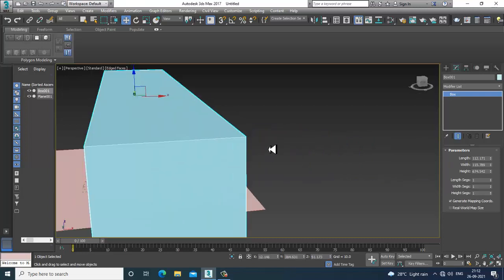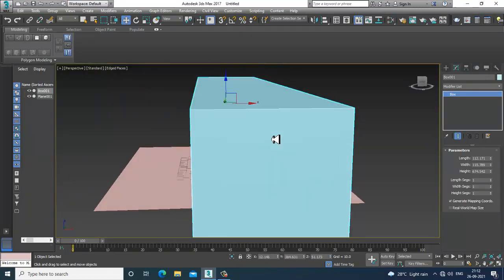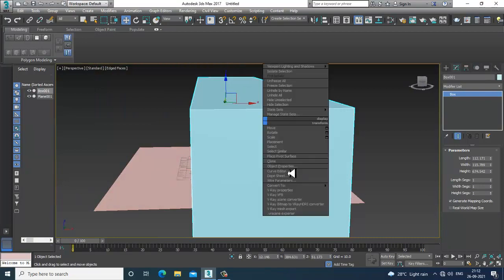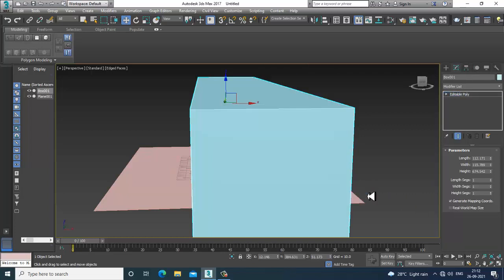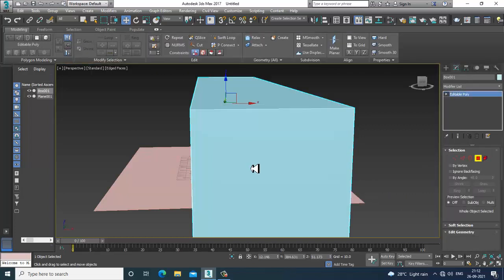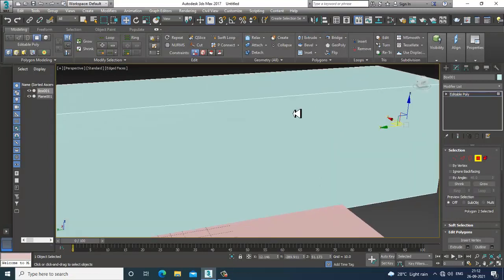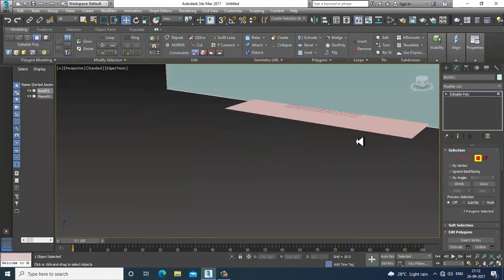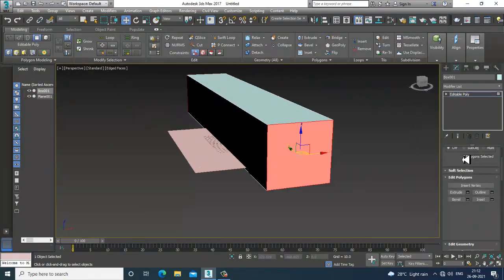After that, I'll just go into this, convert to editable poly. I'll go into polygons and give a bit of inset.